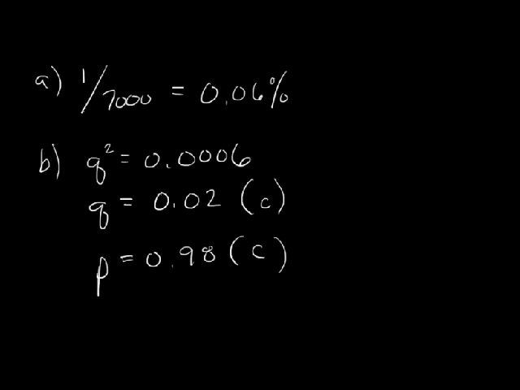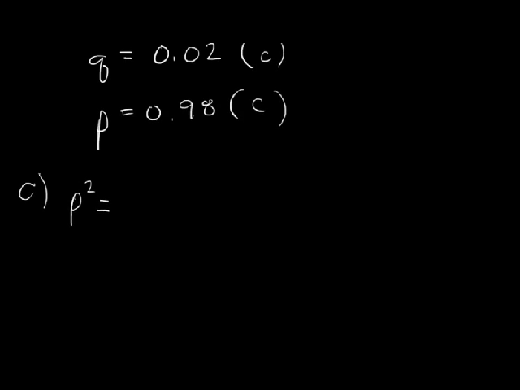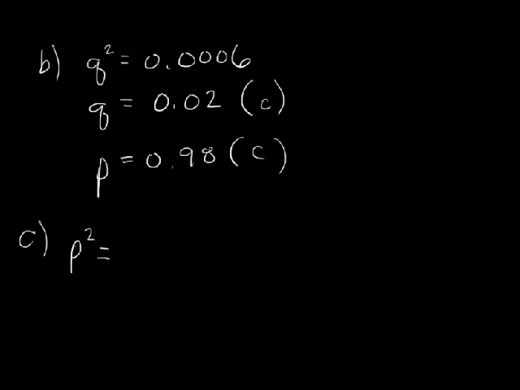Now down to part C. Part C says calculate the frequencies of the big C big C and big C little c. Okay. So what part of the equation does big C big C represent? That would be P squared. Okay, so above we figured out what P was, which was 0.98. We square that, and we get a number of